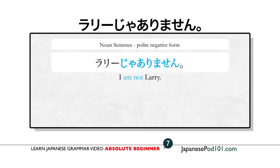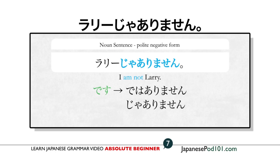じゃありません。The negative form of です。 So the negative of this is ではありません, which is the first way to say a negative form. There's three ways. What's the second way, Naomi Sensei? じゃありません。 And all we did here was get that では from ではありません and shorten it into じゃ. And what's the third way? じゃないです。